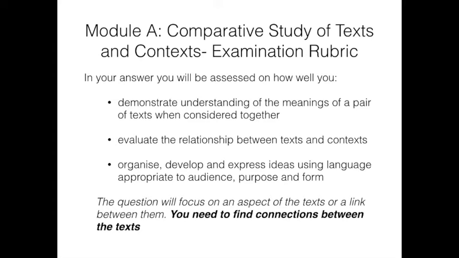The next part says, evaluate the relationship between texts and contexts. That links from the first one, in the sense that we need to see the connection between the two. And obviously if we evaluate something, we need to see, well, is it done successfully? For example, if we look at Looking for Richard and his characterization and justification of his portrayal of Richard, is it successful? Is it effective in terms of conveying the idea of Machiavellian politics? Or it could be something like,